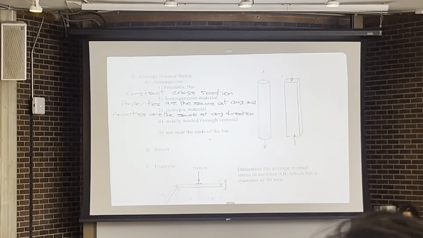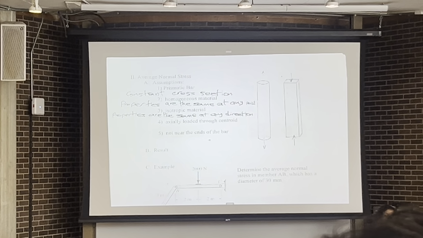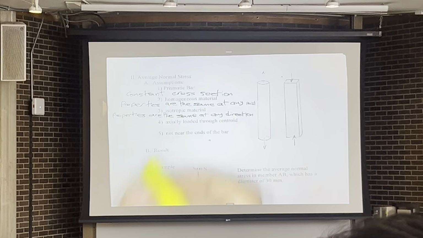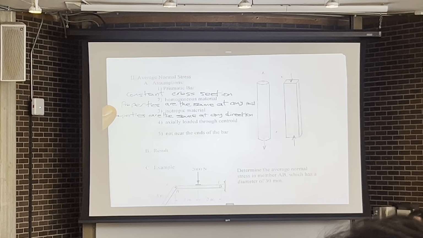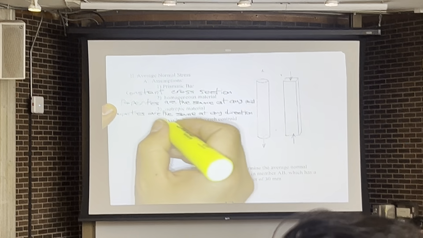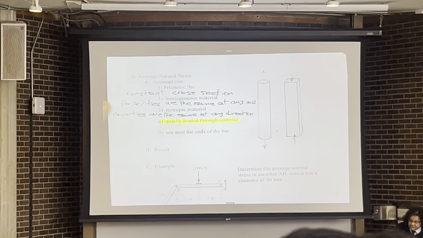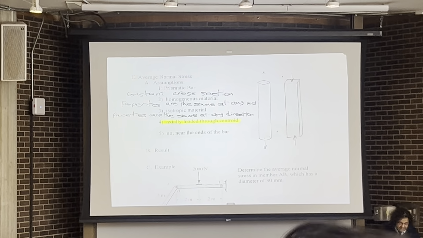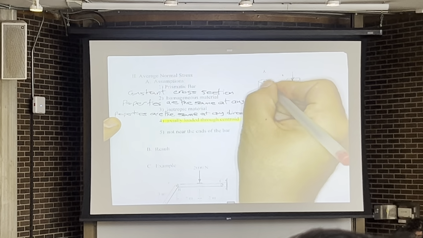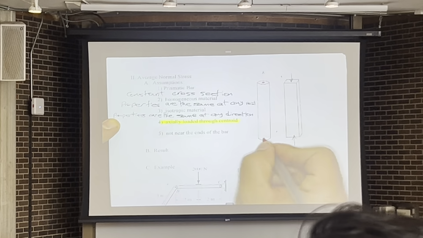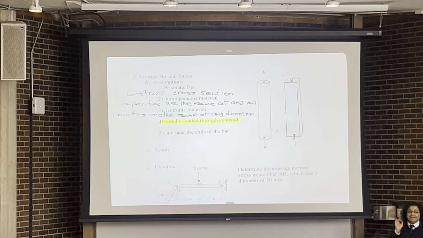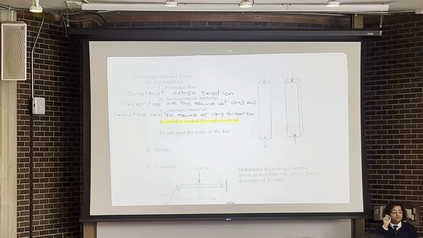This fourth assumption is even much more important. This is an important assumption for us in this class. The member is axially loaded through centroid. So it means that the point of action of the load here, or here, or here, or here, these are exactly the location of the centroid of the